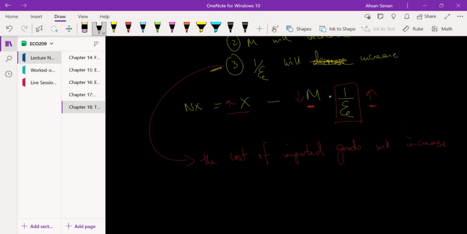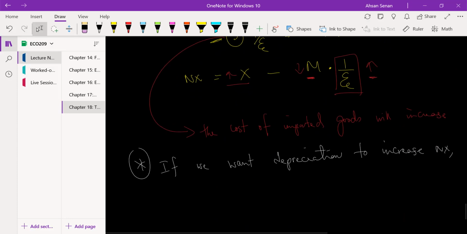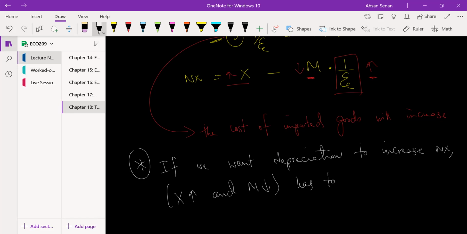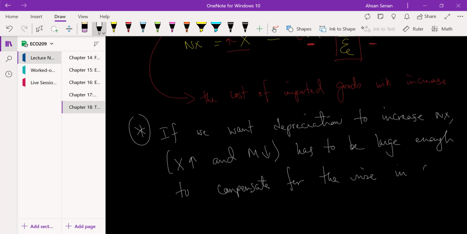Okay, so as a result, what we need is, if we want depreciation to increase net export, what has to happen is that export going up and import going down, both of this together has to be large enough to compensate for the rise in cost